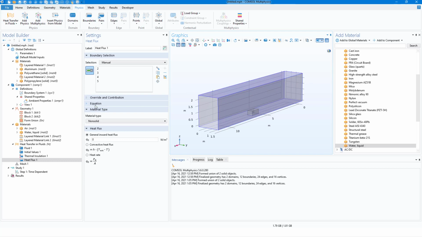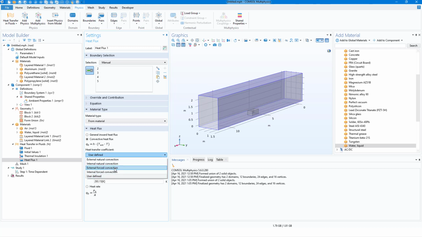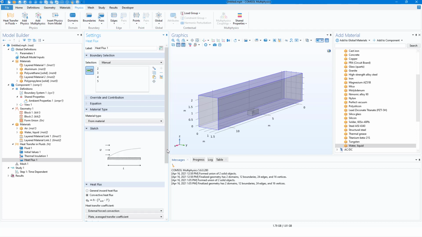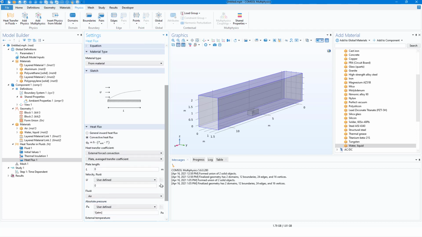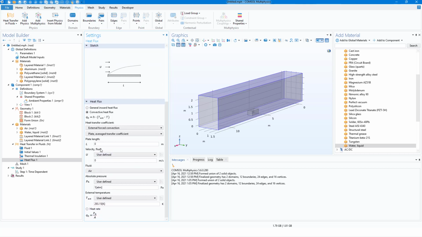So next, I will select material type from material that we already defined, and for the heat flux I will choose convective heat transfer, as the air comes from the outside to the wall with convection. And for the heat transfer coefficient, I will select external forced convection, as air has a big role here. So this is external forced convection. For length, I will select the length of the wall, which is 40 feet in this case,